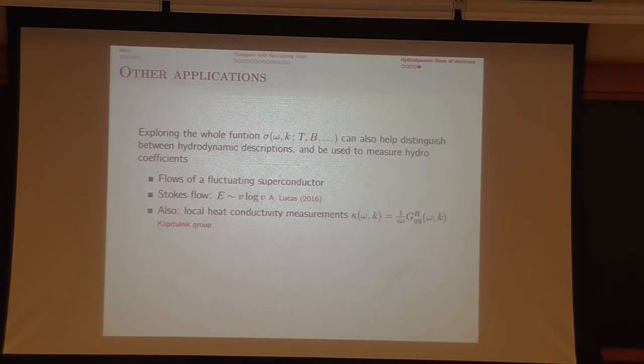Also, we've been working with an experimental group on trying to work with different Green's functions. So once you're tired with this one, you can look at Green's functions of the thermal currents. So this can be defined even if I don't have a conserved U(1) charge, so it's an even more general observable, but it's a little harder to measure. And so that's something else that can help constrain your hydrodynamics. What's conserved in that case? So this, you can build it from the energy current. So as long as you have energy conservation, you can build such. Typically, it's a combination of the energy current and the charge current, even if you don't have charge.